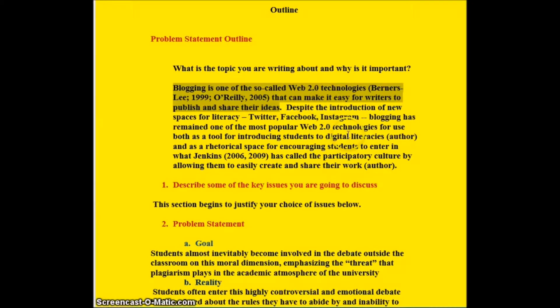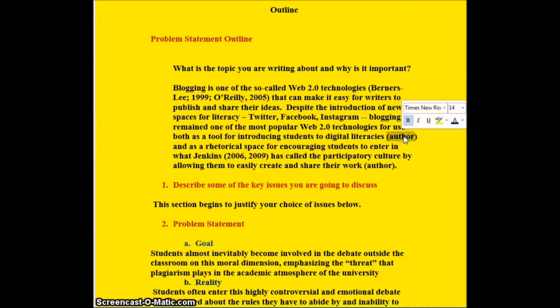Then later, blogging has remained one of the most popular Web 2.0 technologies for use as a tool for introducing students to digital literacies. So the question is, how do you know it's one of the most popular Web 2.0 technologies? And so I cite the author,